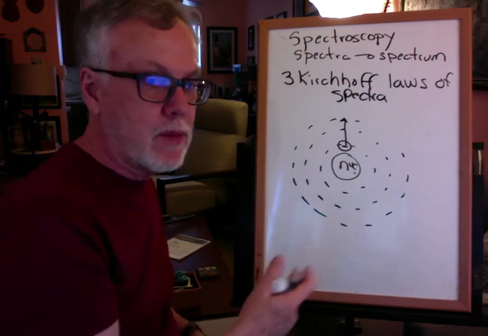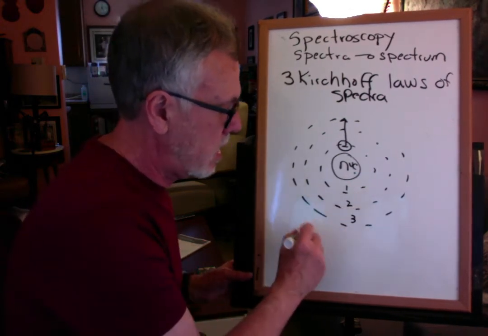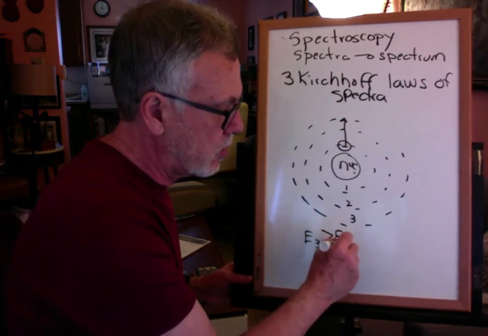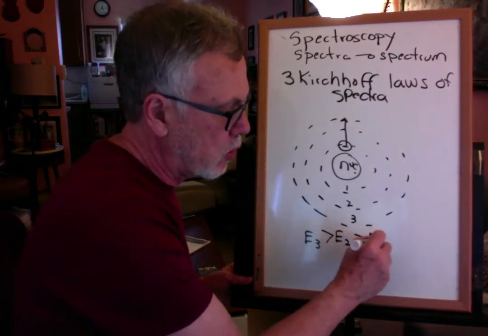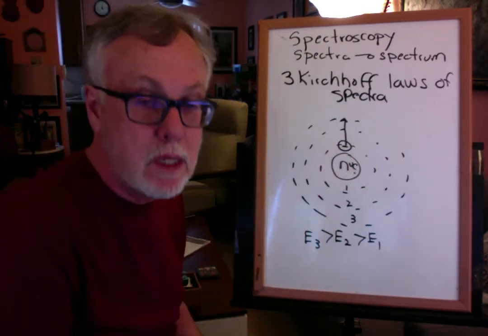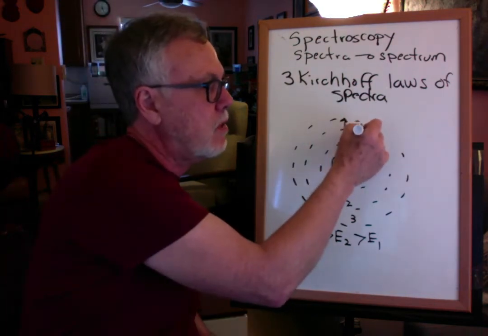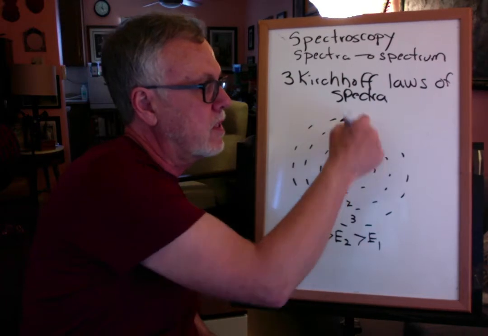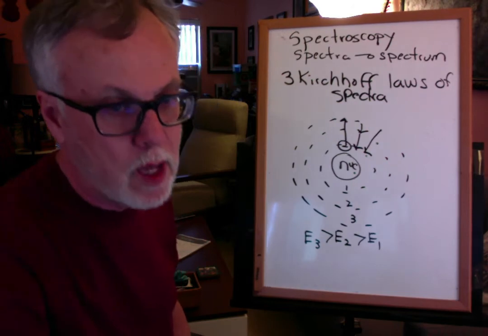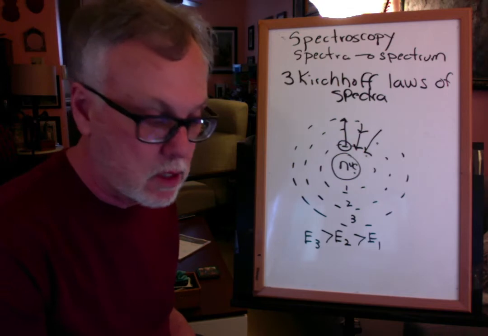because it means that the atom's at a higher energy level. If this is orbit 1 and orbit 2 and orbit 3, the energy of the electron in orbit 3 is more than the energy of the electron in orbit 2, which is more than the energy of the electron in orbit 1. So when that electron absorbs energy by some means, and it hops up, it has to lose it. So it can drop down